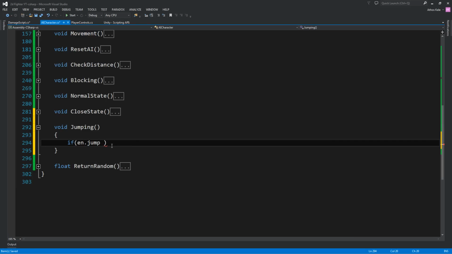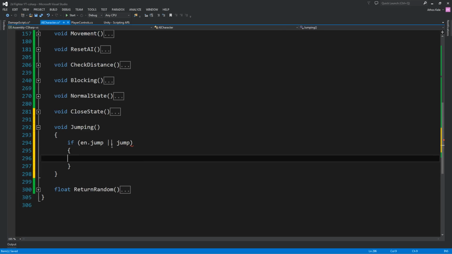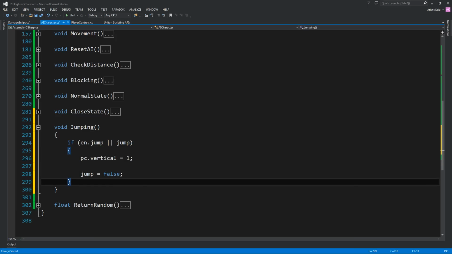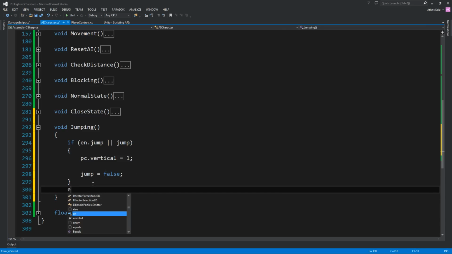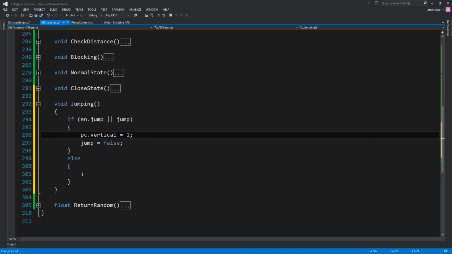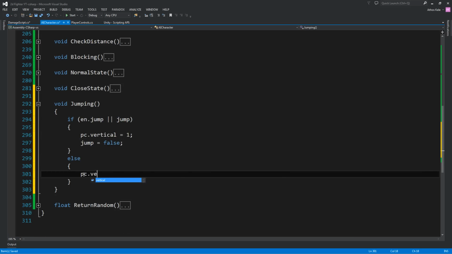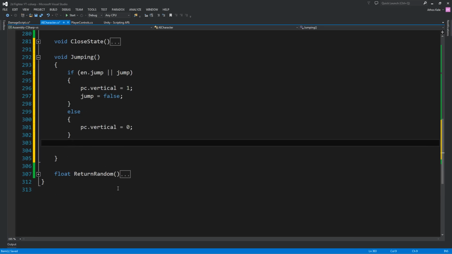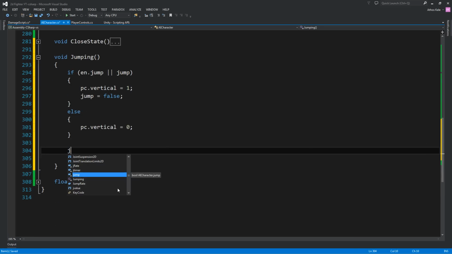So if our enemy is jumping, or we jump, then take our vertical and make it 1, and then turn our jump to false. Else, let's close this a bit, else our vertical equals 0. Then we need to take our jump timer